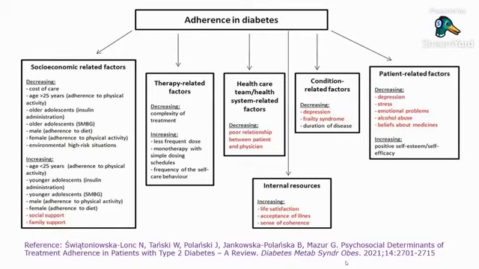Some of the condition related factors, like comorbidities such as depression or frailty syndrome, and also the duration of the disease, all these will have a negative impact on adherence. Internal resources like life satisfaction and acceptance of illness will improve adherence. Patient related factors like stress, emotional problems, etc., will decrease adherence, while positive self esteem and self efficacy increase